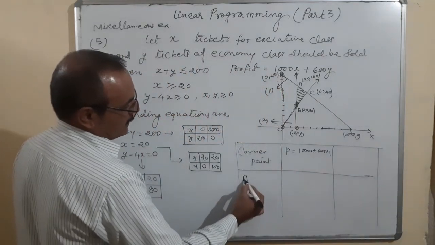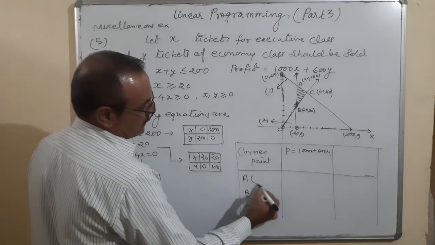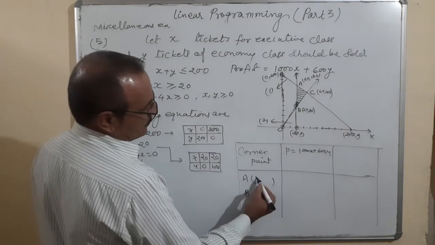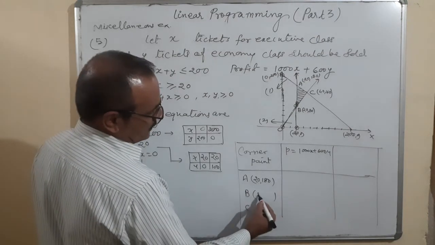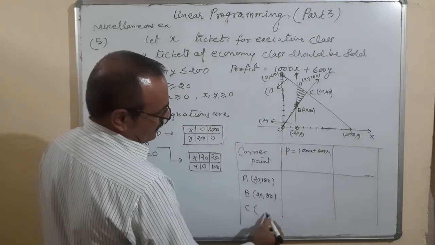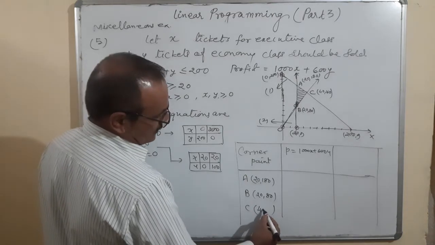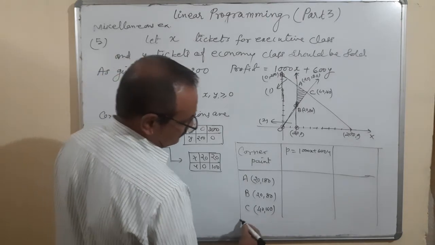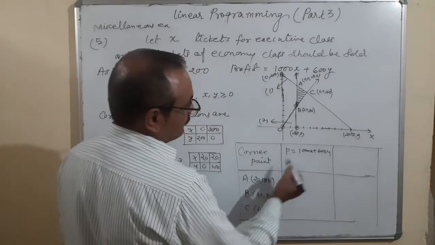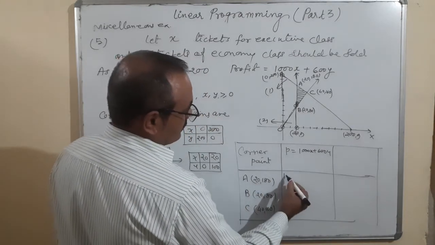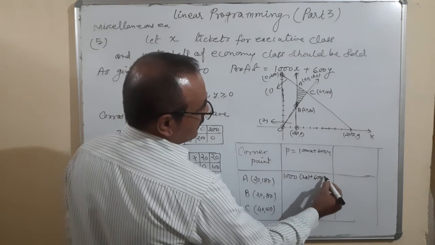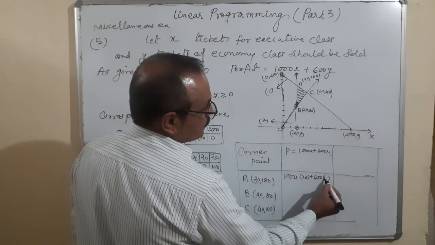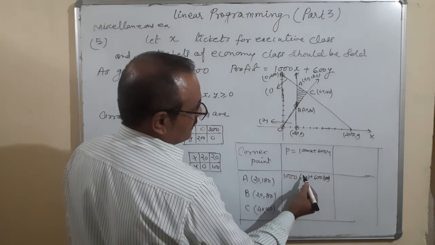Corner points A, B, and C. Coordinates of A, it is 20, 180. B, that is 20, 80. And C is 40 and 160. Let us put the value here first. 1000 into 20 plus 600 into y, that means it is 180. So final result is,